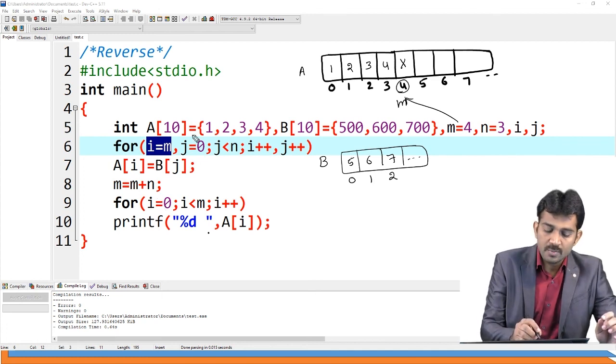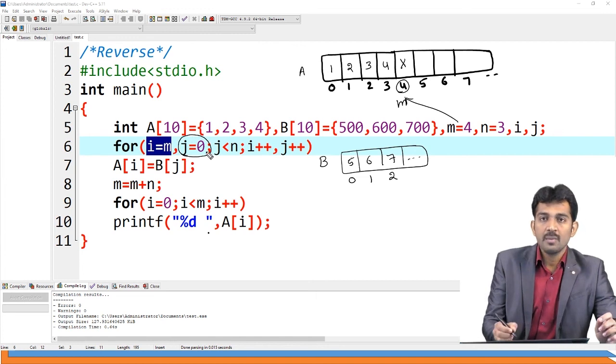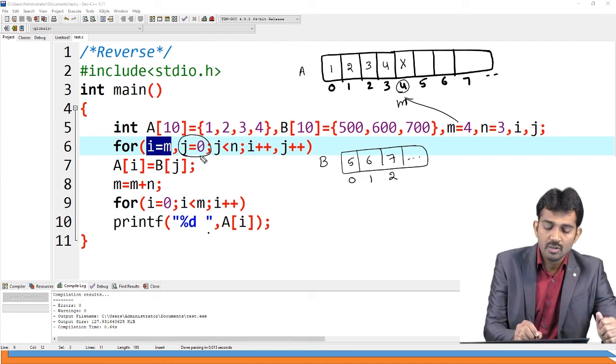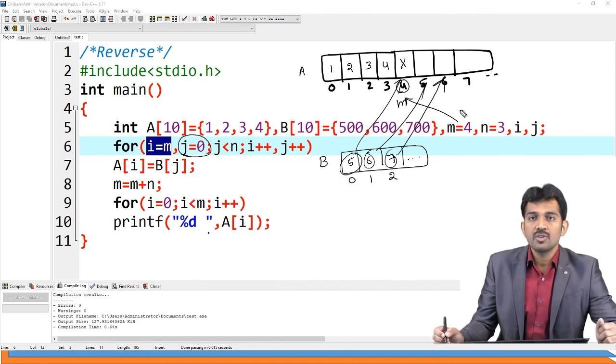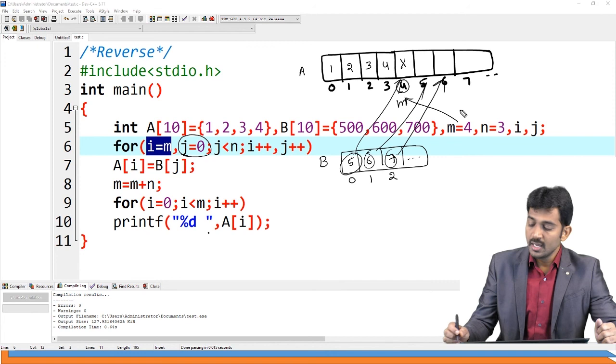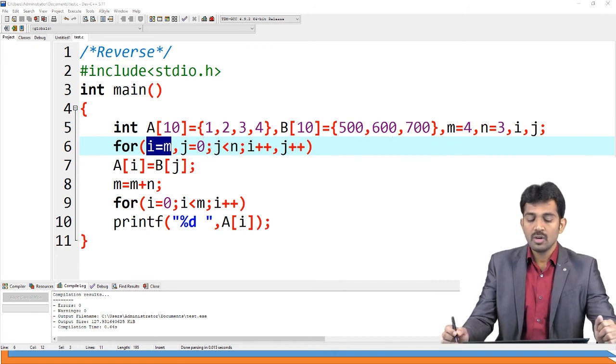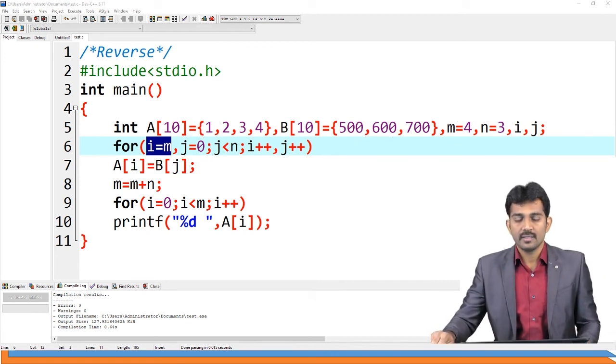Now, you know this concept is common, because I'm going to access the array B. That is why I'm going to take j equal to 0 to n. I'm going to access each and every element and place it here. Second element, second place. Third element, third place. That's all, right? Is this clear? So try to note down this code. This is for merging of two arrays.